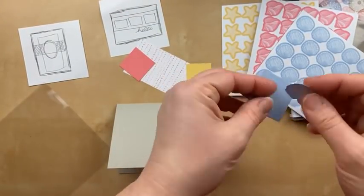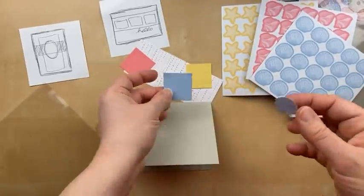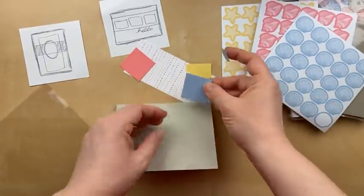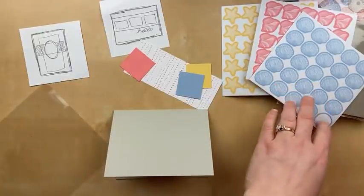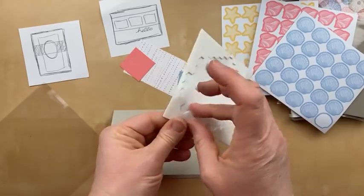They're really thin. They're thinner than I thought they would be. They're not like cardstock heavy, but I actually want to give it a little more dimension. So I'm going to use some Stampin' Dimensionals and put them underneath the sticker to sort of elevate it a